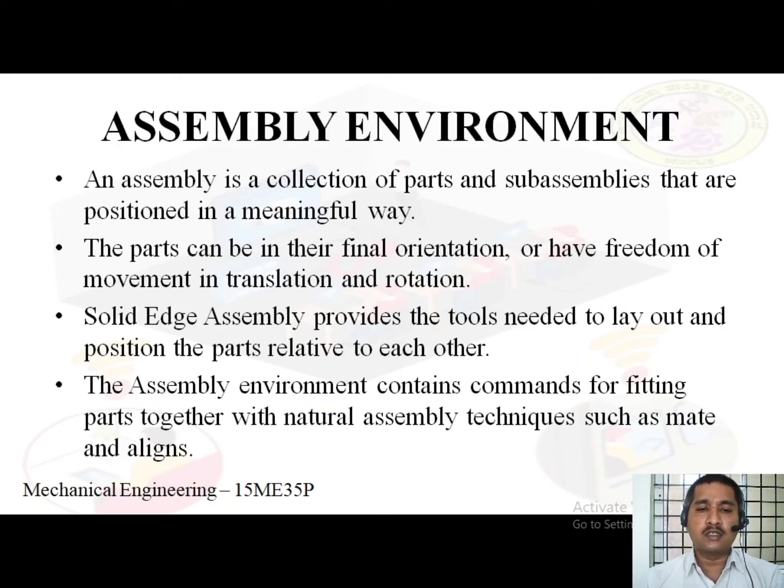Solid Edge assembly provides the tools needed to lay out and position the parts relative to each other. The assembly environment contains commands for fitting parts together with natural assembly techniques such as mate and align relationships. Move on to next slide.